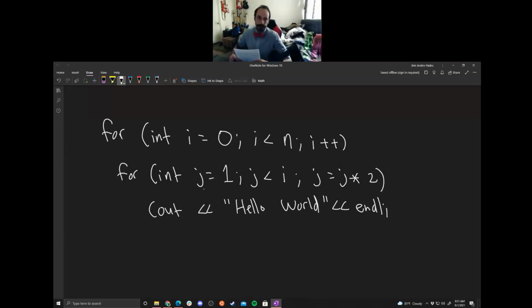So this is sort of similar to that Gauss's formula example where we go to i instead of n. So this inner loop portion, again, we start from j equals 1 and we double it each time until we hit i. So it looks like we're going to have log base 2 of i number of steps in the inner loop. So we're going to have